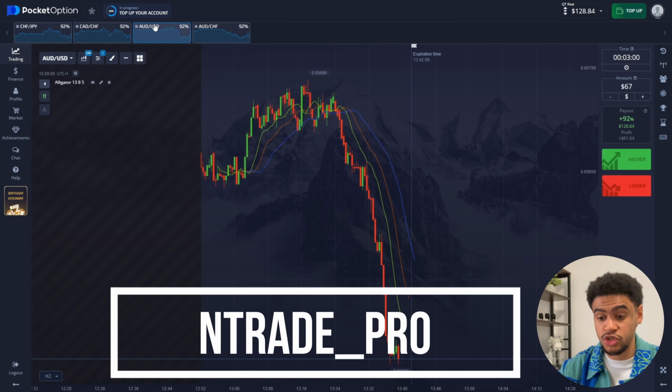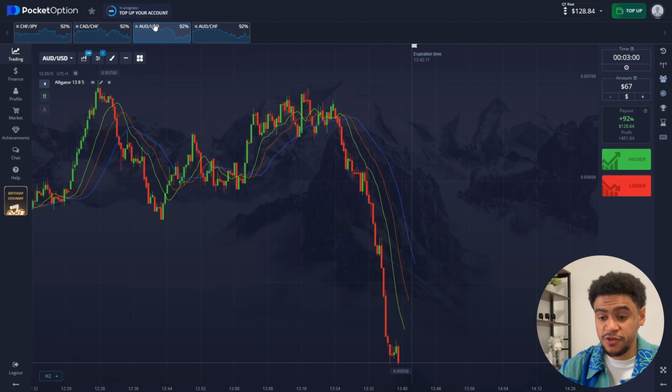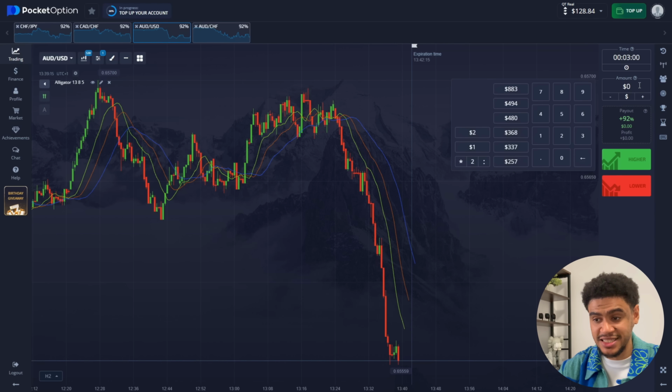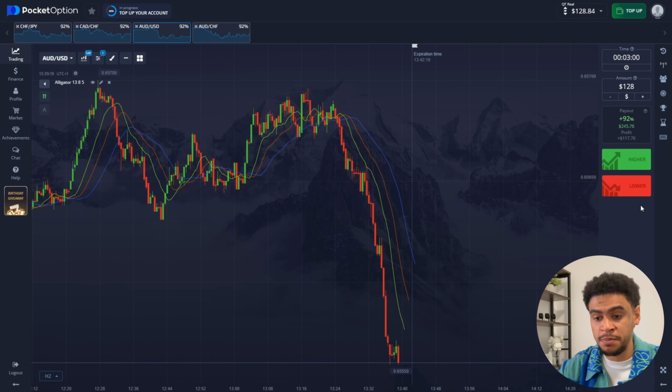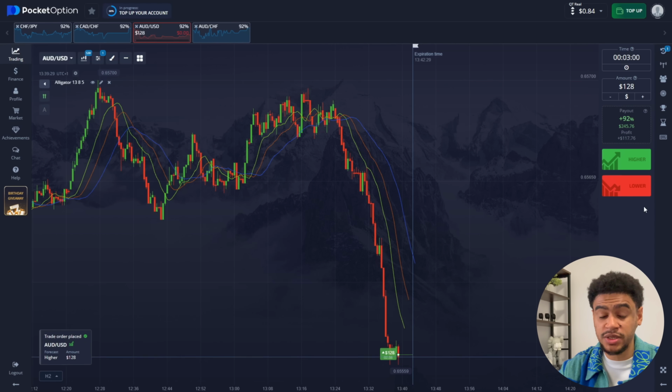Now, this is a wonderful situation that I see on Australian dollar, United States dollar. So let's not waste any time. $128. This is an obvious buy position from me. You can see that the market has been tested with a strong move into the market structure, which is our support level where the price is currently. And from this point on, I'm expecting a reversal of the same strength. This is going to grant us another $117. I'm not worried that the price